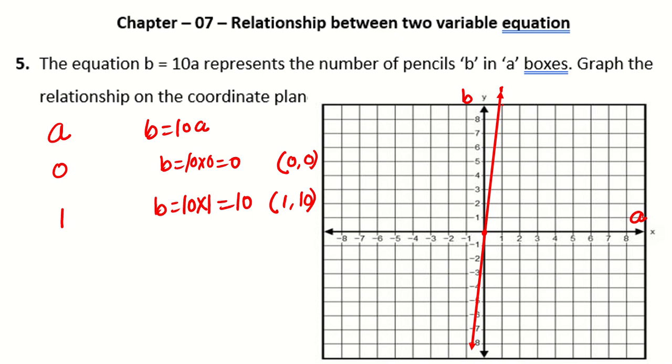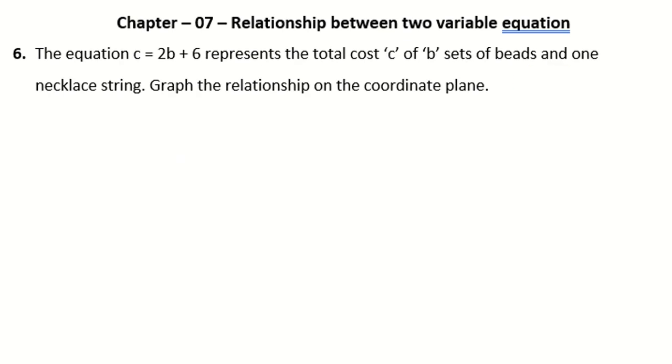Okay, like this. This is the common method to draw the line. Again, you see, take two values of x and then find two values on y. Okay, and then represent that coordinate on the graph, coordinate axis, and then draw the line by joining these 2 points. Next is the equation C is equal to 2b plus 6